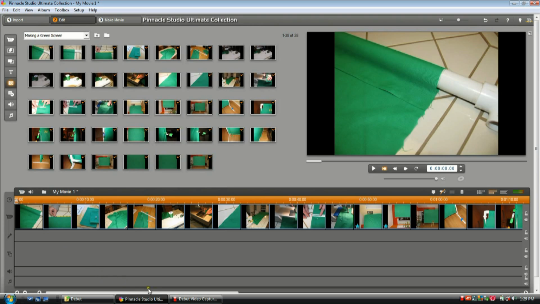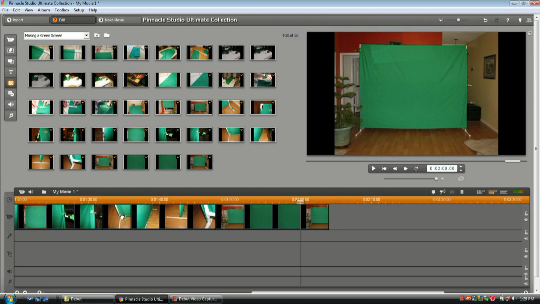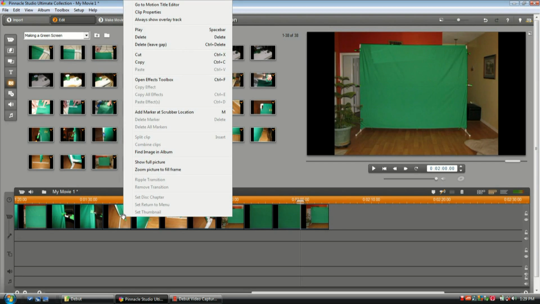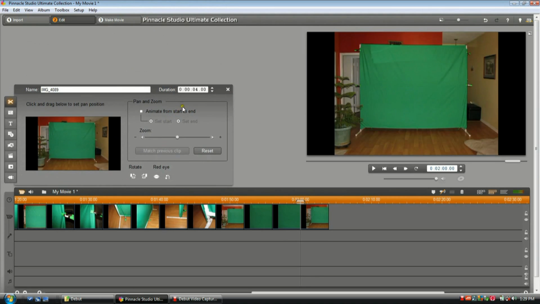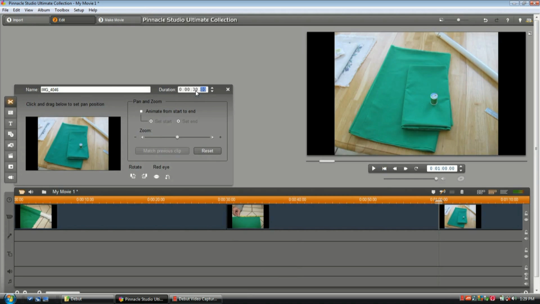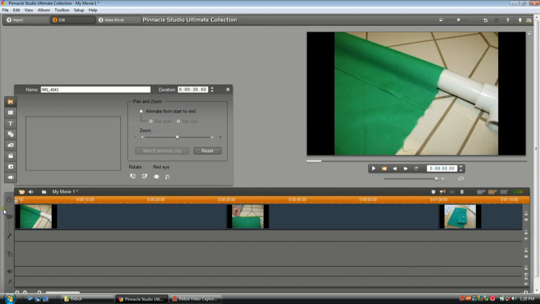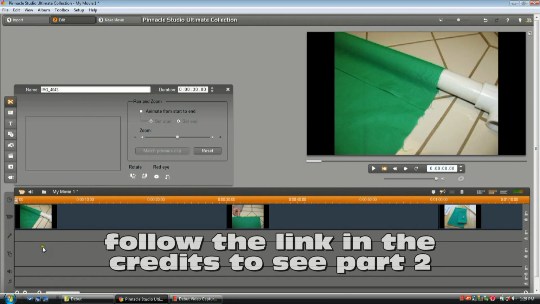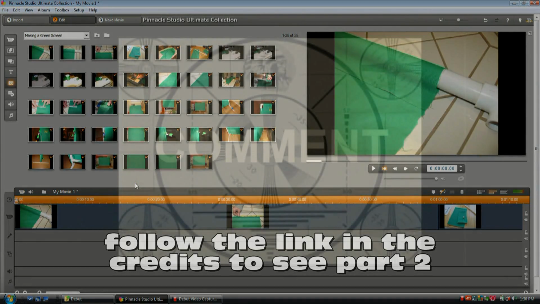So now we're going to close this, and left click on the first pic, scroll to the end, hold down shift, and select them all, and then on any one of these pictures we're going to right click and go to clip properties. It brings up the same window, and now when we type in 30, boom, they are all 30 seconds long. So that gives you a good starting point as to where you might want to start looking at these videos to put your voice overlay on there. So now let's go ahead and move into